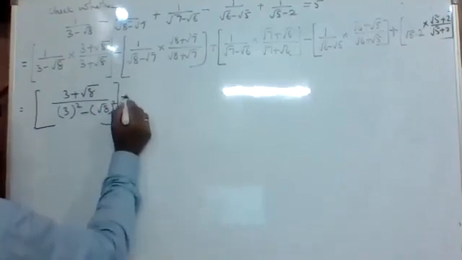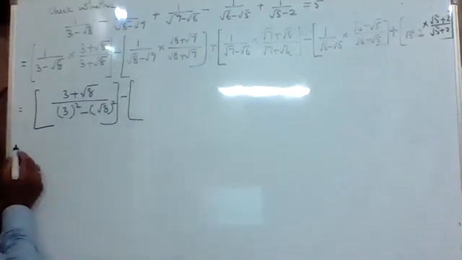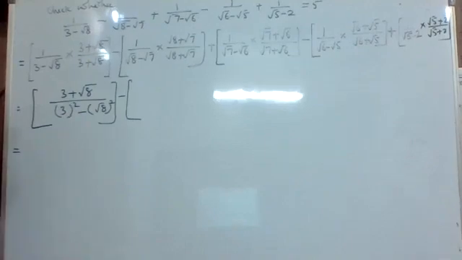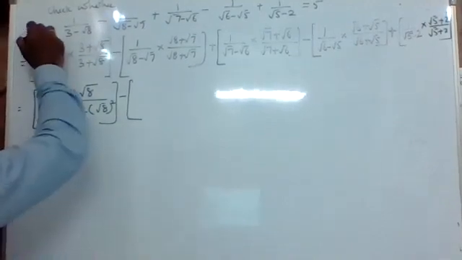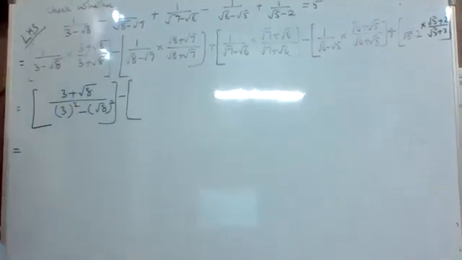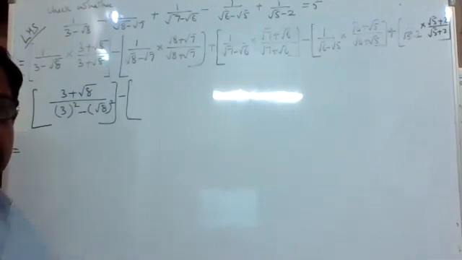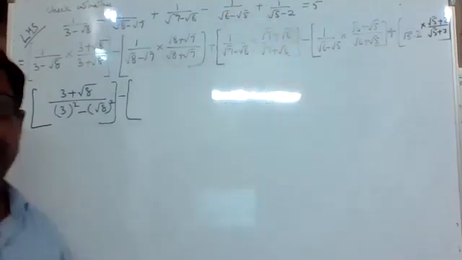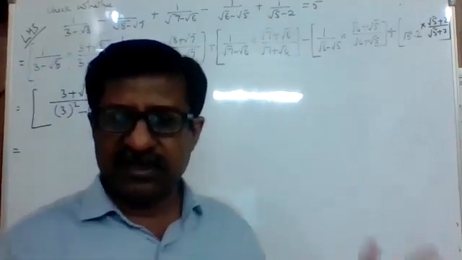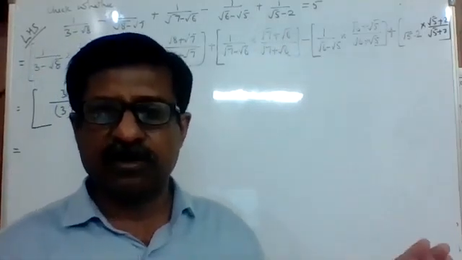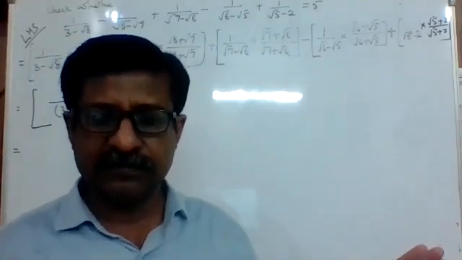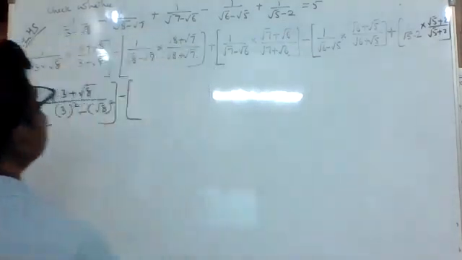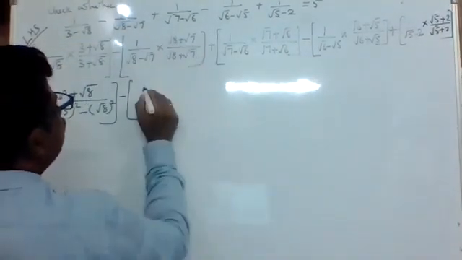Sign is same, minus. You don't have to make a mistake in the sign. We have taken only LHS. We try to show this LHS is equal to RHS, and RHS is equal to 5. We are trying to get whether it is equal to 5 or not. Clear? Okay, next. We multiply 1 with root 8 plus root 7.